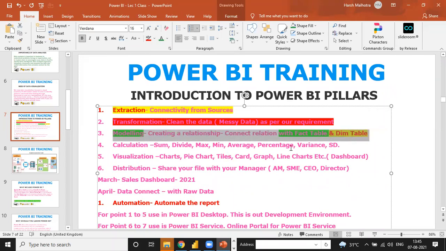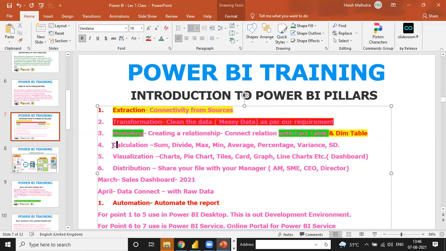Yes, the fact table is the total data you are working with. The dim table is unique items, and the fact table is the total number of transactions. When you connect the dim table with the fact table, you find the unique product with the sales, and the unique product with the amount. That is the reason to connect the fact table and dim table, and the process is called a relationship, or creating a relationship. Okay.